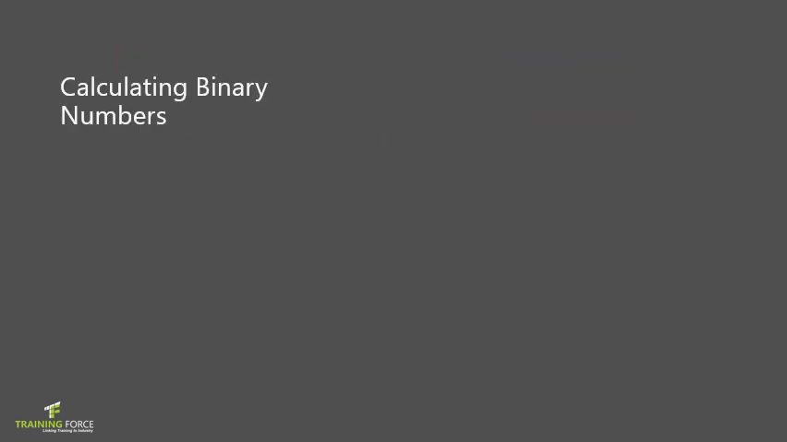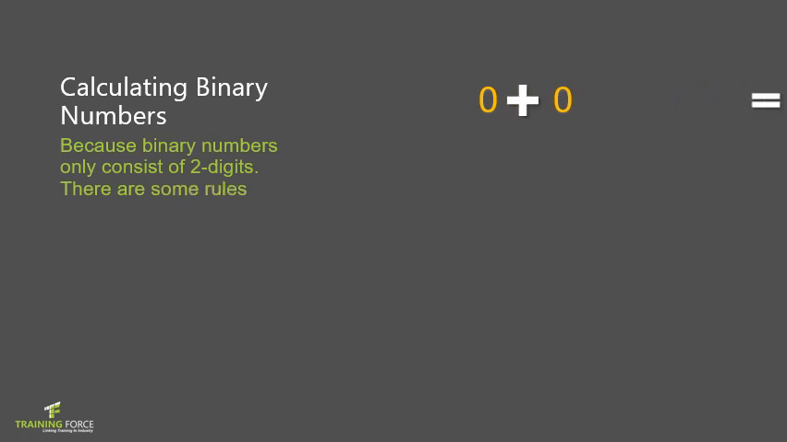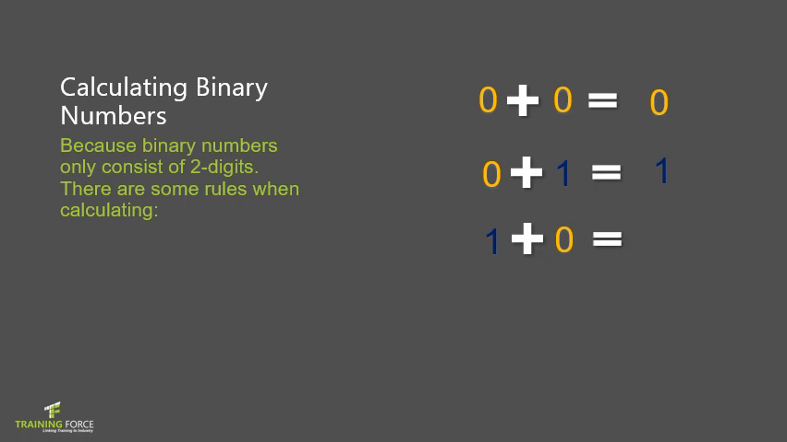Now, just as with any other mathematical system or numbering system, we have rules. Because binary numbers only consist of 2 digits, there are some rules that we need to remember for calculation. 0 plus 0 will always equal 0. A 0 plus a 1 is equal to 1. A 1 plus 0 is equal to 1. And the only time in your life where you'll be able to say that a 1 plus a 1 is equal to 10, which we're not allowed to say,